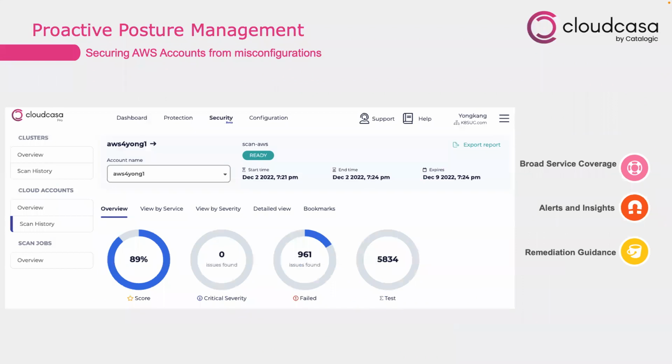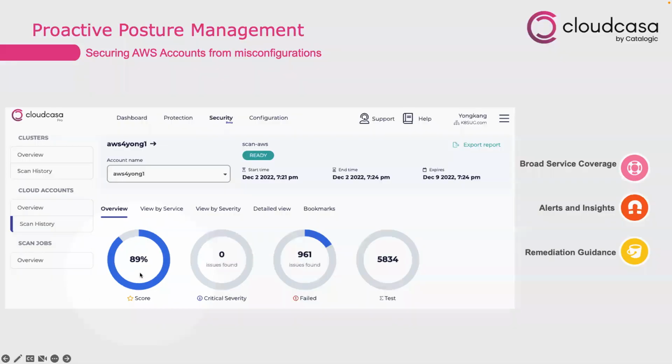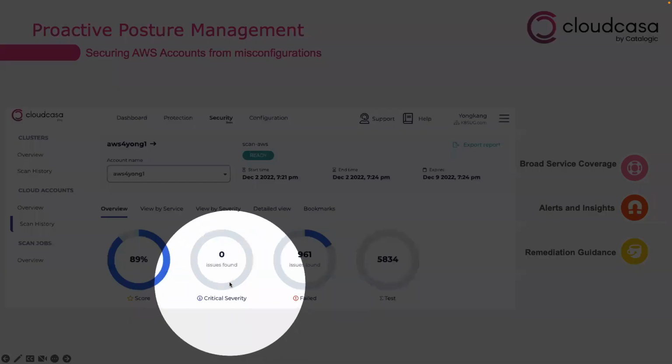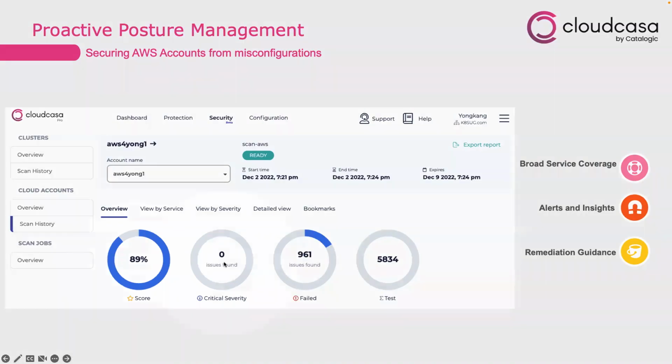Secondly, your Kubernetes cluster running from the cloud, in this case, running from AWS Cloud. So how can I make sure my cloud is secure? Being able to scan the cloud account gives you a score listed here, so you can have more confidence that my environment is more secure. And also you can have a quick view of the critical severity, basically how many issues found and how critical